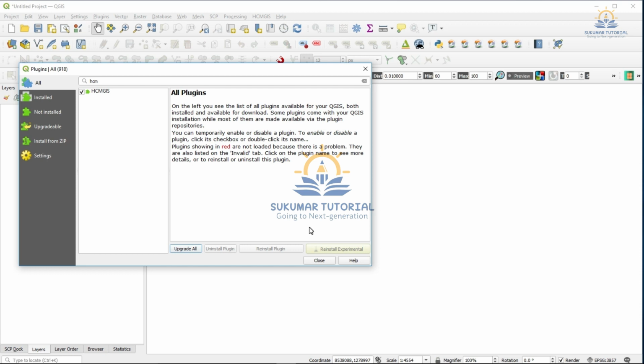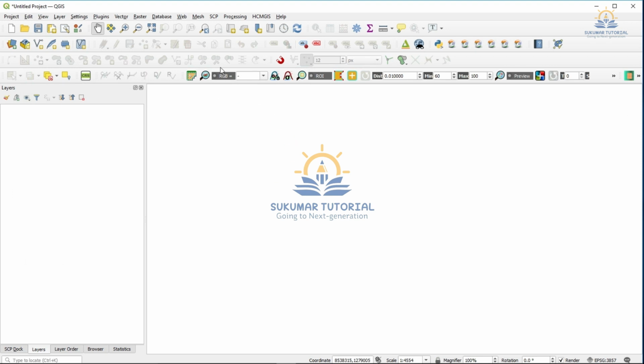Since I have already installed it, it is there. Otherwise, you have to install it. After installation, you have to give the tick mark and then close it. Once you do that, it will come in the top panel, that is the menu bar. The HCMGIS has come.